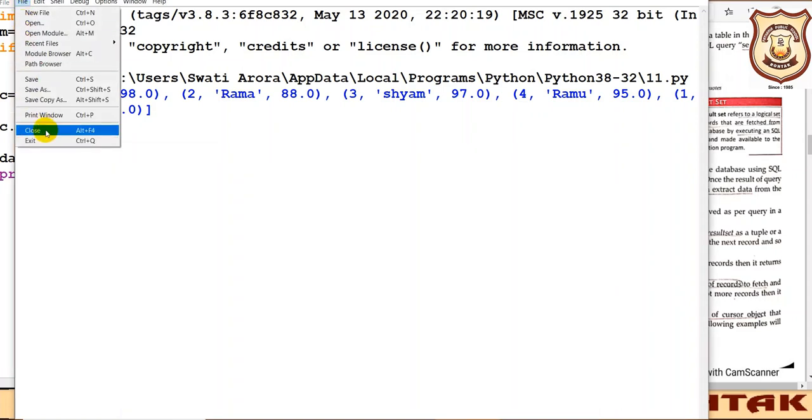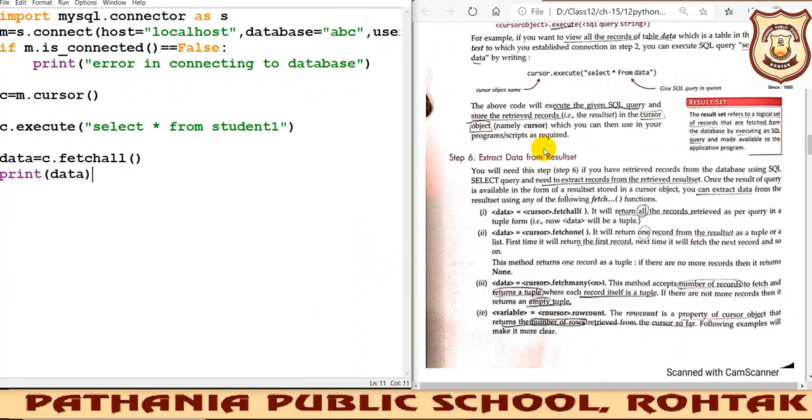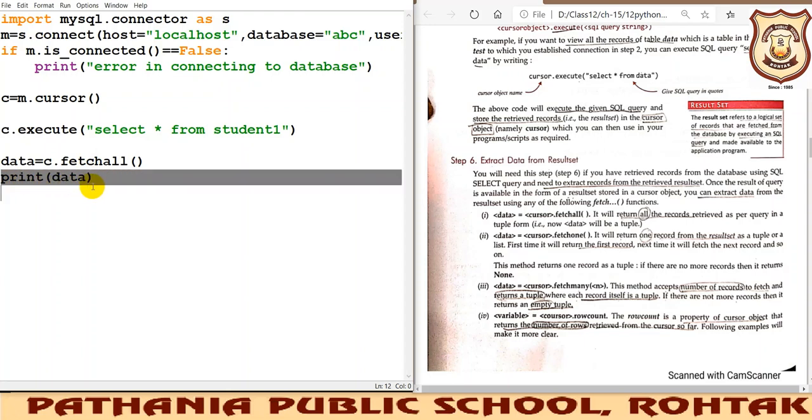Next we will be doing, let me minimize it first. Now beta, if we want to use this function row count, see how many rows we have counted. One thing more I just want to add: whenever we are using this fetchall function, whatever output you were getting, it was in one line only. If we want one record per line, instead of using the print statement like this, we should use a for loop. It will give you a better output.